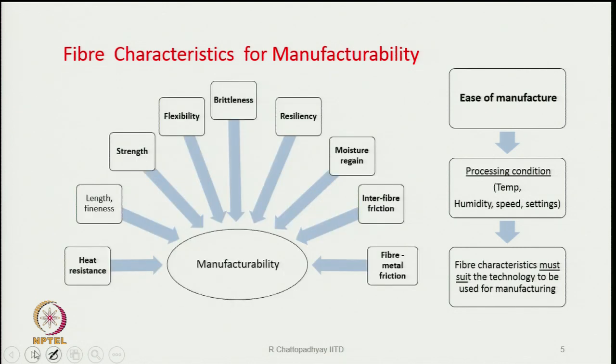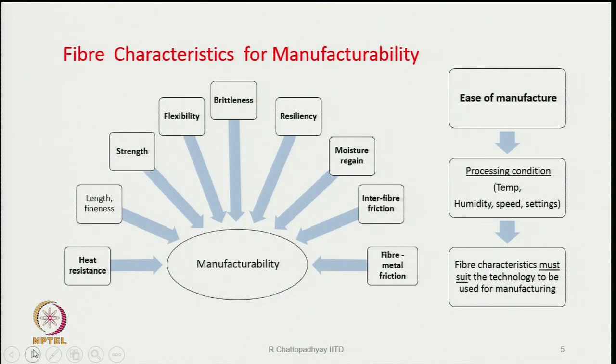Then comes the characteristics from the point of view of manufacturability. Now, here again from the manufacturing point of view, what is important is heat resistance, because we know sometimes the material while being processed, the machines can get heated up because of a lot of friction. So, what is the level of the thermal insulation value of the fibers, or how much temperature it can resist, this is important. Length and fineness